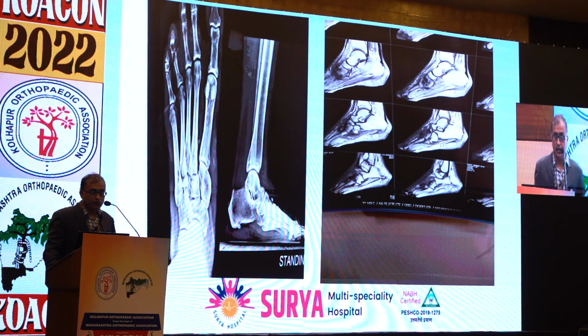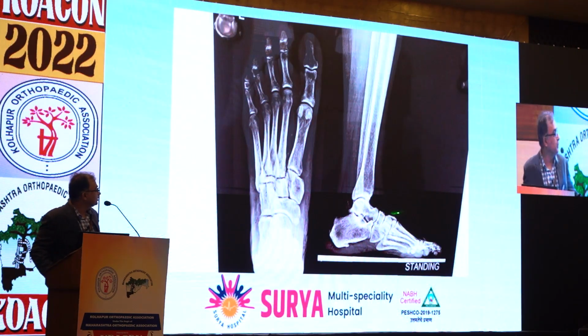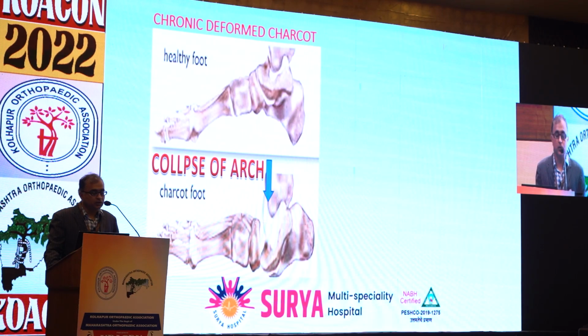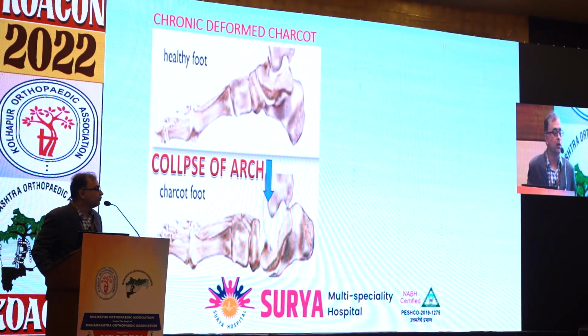The TCC was started for this patient, and see, within 2 months those fragmentations have been lost. The patient is still under treatment, and the arch is still maintained. But every patient who is untreated, half treated or best treated may not have a good outcome, because disease outcome is not in the control of the surgeon or also the patient. So it may lead to a total collapse foot, what we call the chronic Charcot. The arch is collapsed, the talus is coming to the ground.